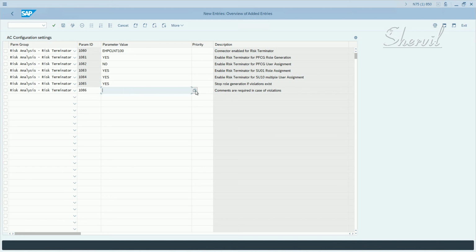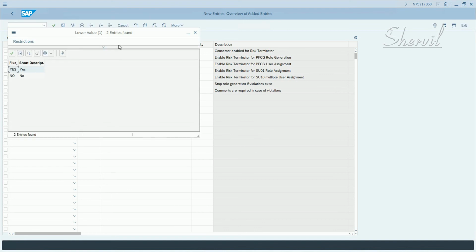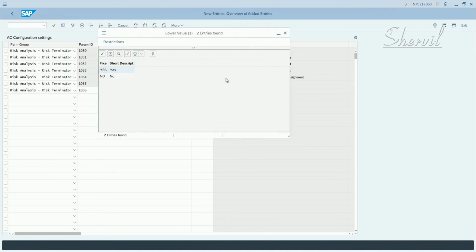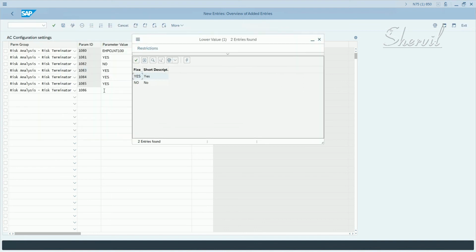So if you want to continue with the role generation in case of any violations, then you can continue by adding some comments. Okay, so I would say let us stop this. We'll say no,